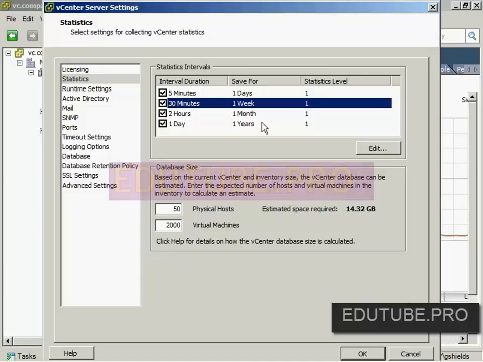So you can see here I have an interval duration. For every 5 minutes of data, I keep that for a day. For every 30 minutes of data, I keep that for a week. For every 2 hours of data, for a month, and for every day, I keep it for a year. So you can see that the further back I go,